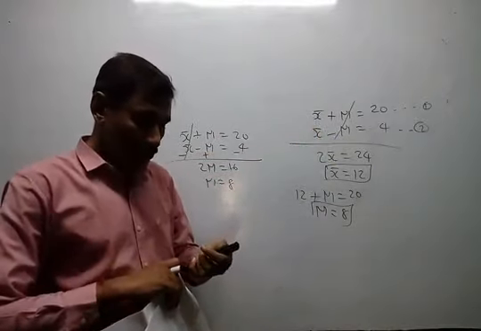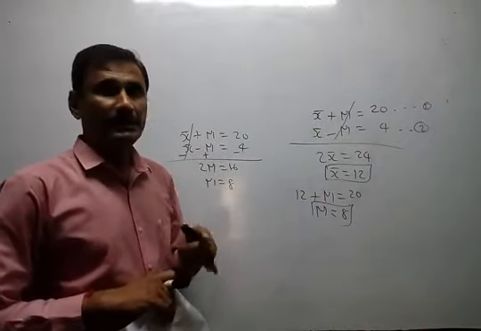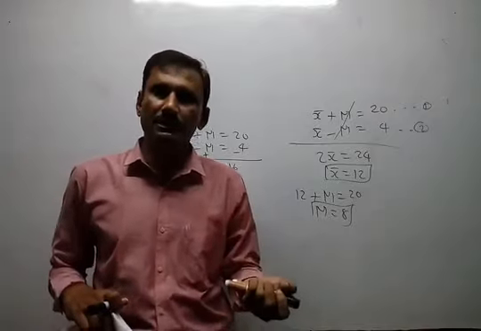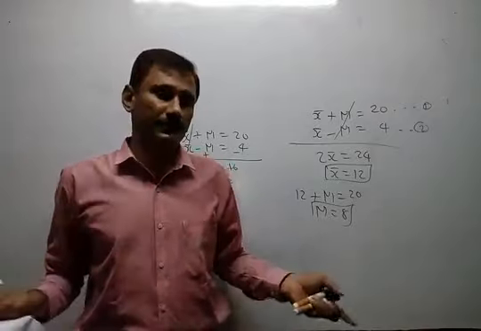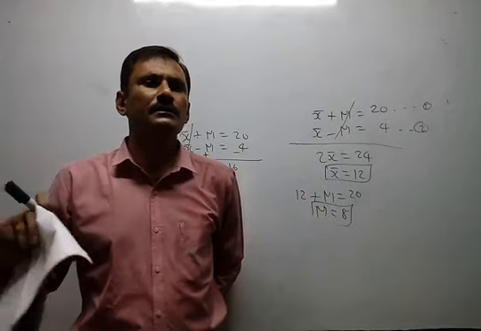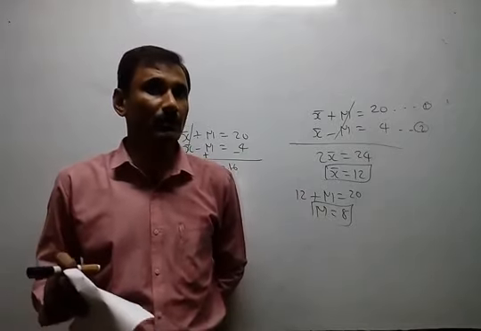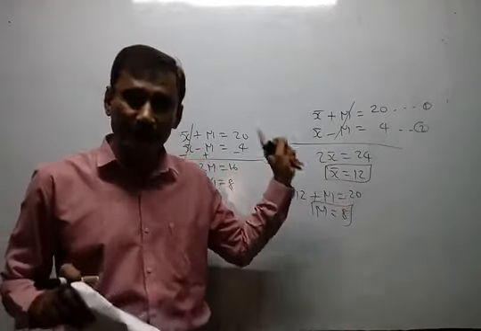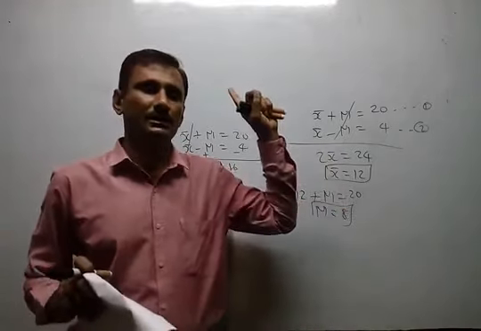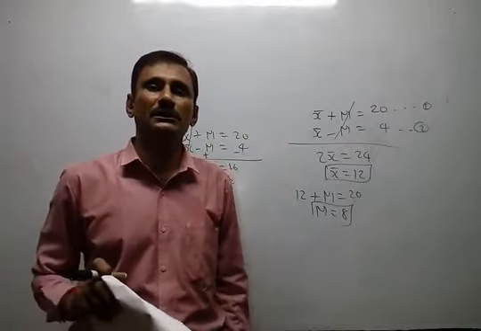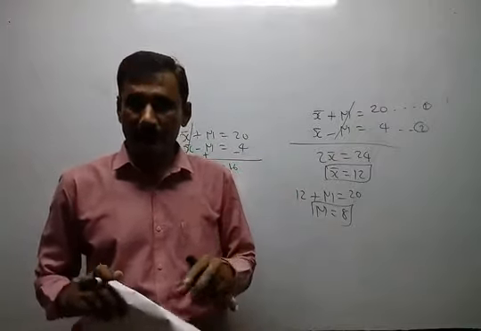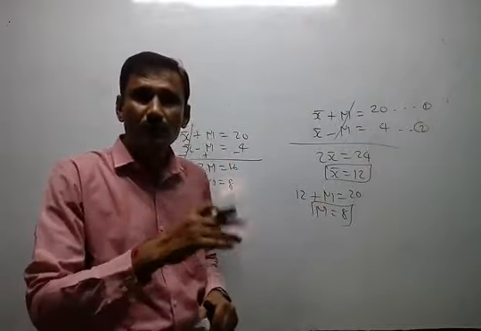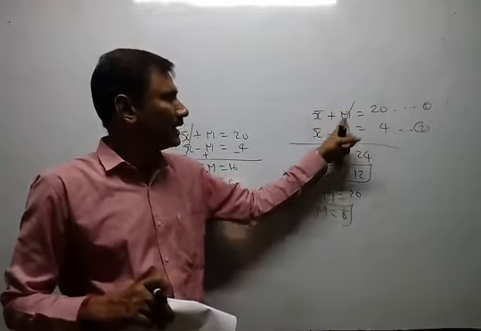But sometimes what happens, coefficients may not be equal. At that time we have to multiply the whole equation by a particular number, either equation 1 or equation 2 or both equations. But that is the point of the next method that we are going to discuss tomorrow. Today I just gave one example we already solved earlier, and that was nothing but the substitution method, elimination itself. Because substitution means to replace and eliminate means to remove. So we eliminated m here.